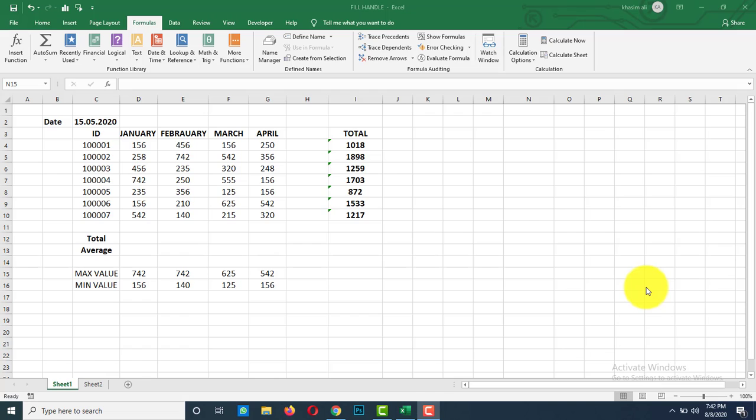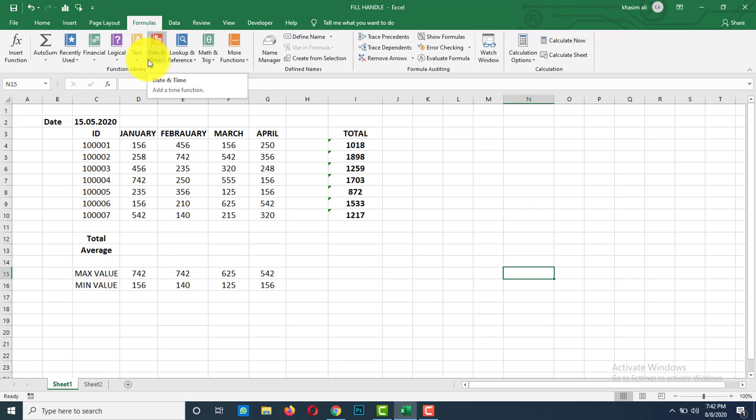Functions are predefined formulas and are already available in Excel. These functions can be found under Functions library in Formulas tab here. And these functions always begin with an equal symbol. After the equal symbol, you have to enter the name of the function. It doesn't matter if you enter it in uppercase or lowercase. Just follow the name of the function, and you need to provide the arguments of the function. And these arguments are always enclosed in parentheses.